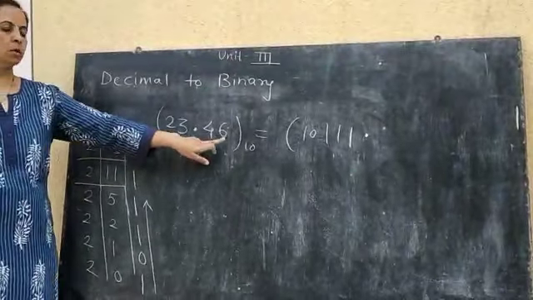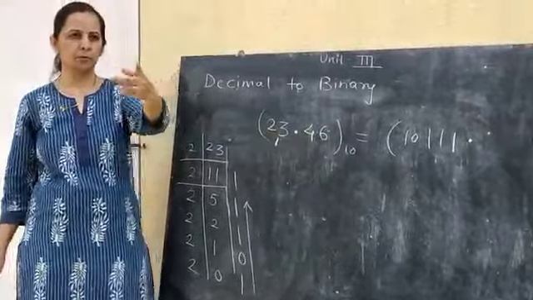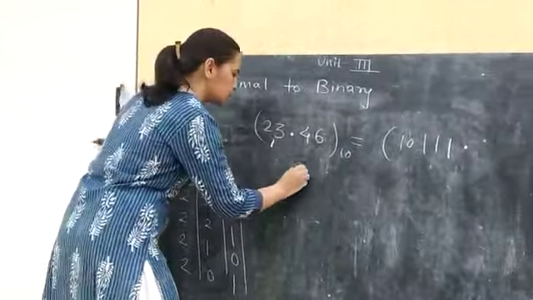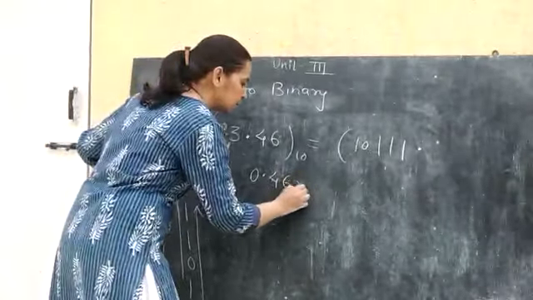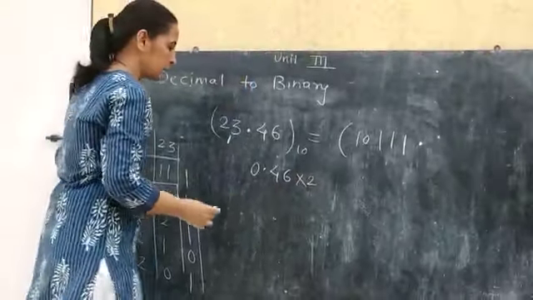Now we'll see how to convert 0.46 into binary. So 0.46, this is in decimal. So you have to go on multiplying by 2. So if I multiply it by 2,